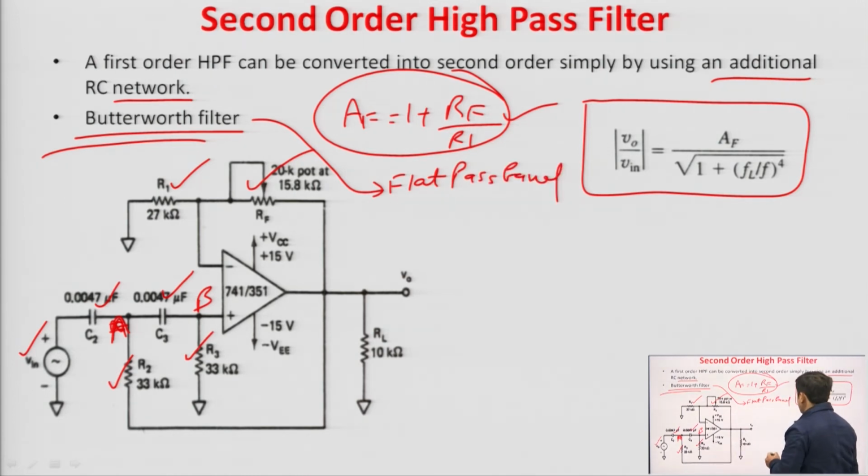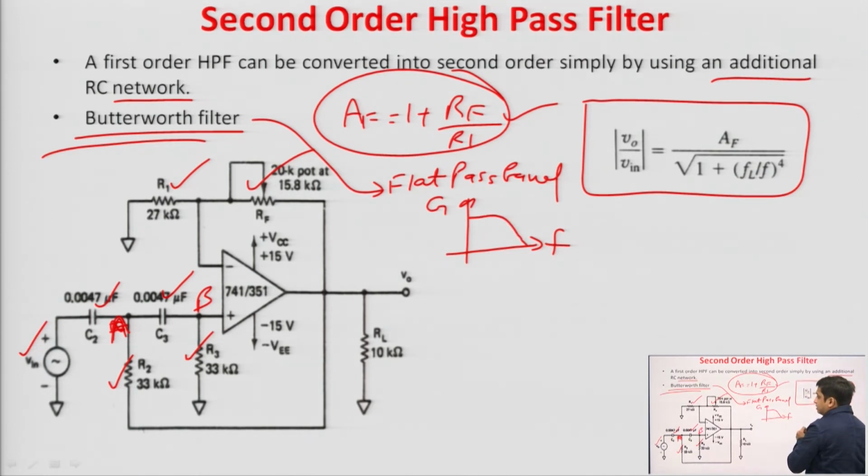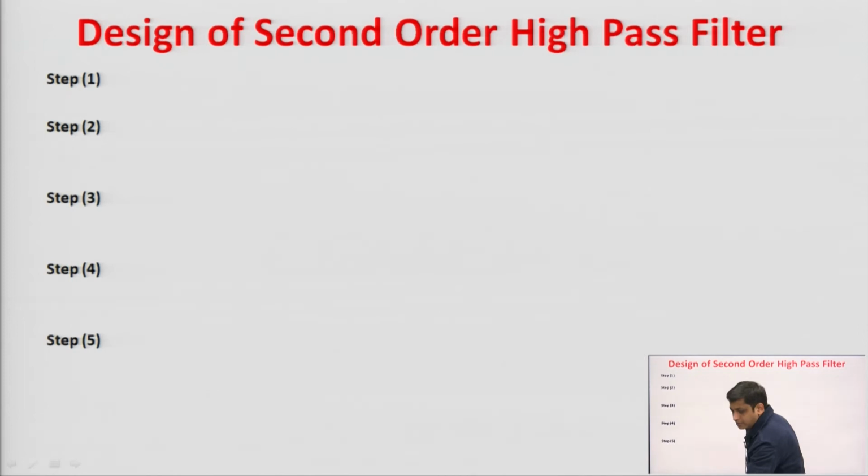What is this flat pass band? Flat pass band means when we draw the graph between gain versus frequency, then in the pass band the gain should be flat, gain should be constant, but this is for low pass filter. For high pass filter,